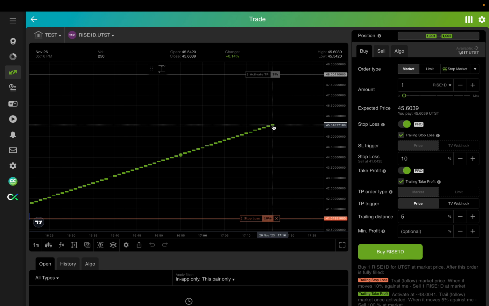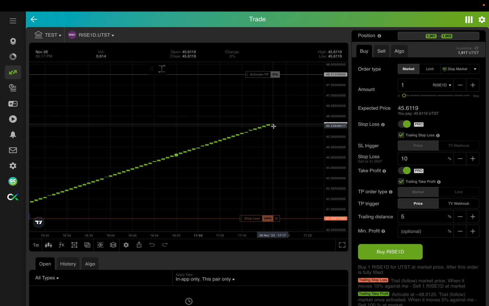So if your order executes, trailing stop loss activates, and then the price goes against you, your trailing stop loss will protect you, and the market will need to fall by 10% for it to execute. However, if and when the price rises high enough for trailing take profit to start trailing, it has a smaller trailing distance. That means your trailing stop loss basically becomes irrelevant once trailing take profit